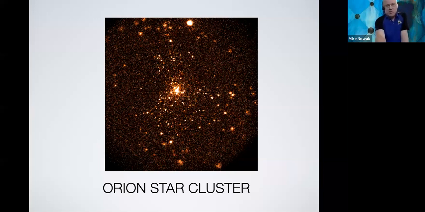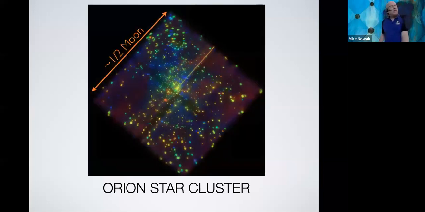And this is what we can do with Chandra. And that's our image of Orion there. You can see it's much better. The size of the image is about half the size of the moon. That streak there is because of the reading out of the CCD. You're trailing electrons along as you're reading out for the brightest sources. So that's really a distortion.